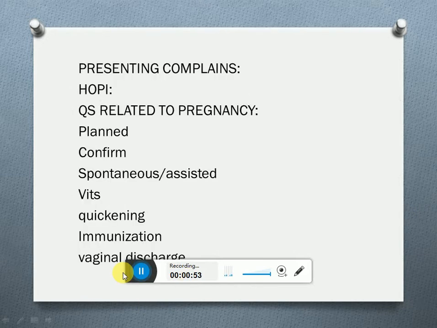The next component is to note down the presenting complaints of the patient, whatever they are. And the third component is the history of presenting illness. In the history of presenting illness in the patient of OBS,